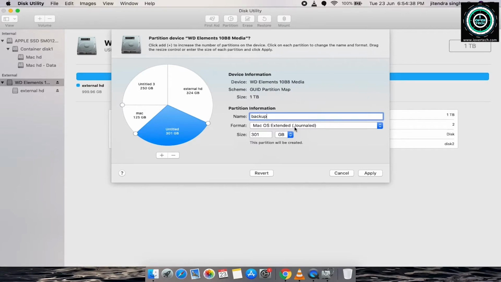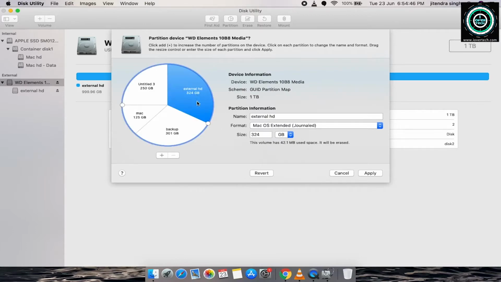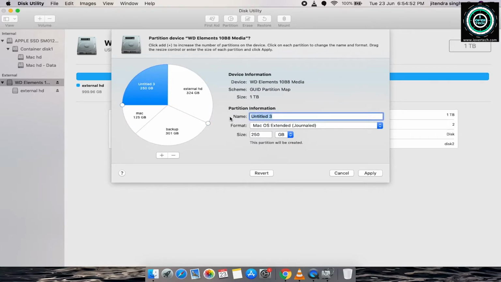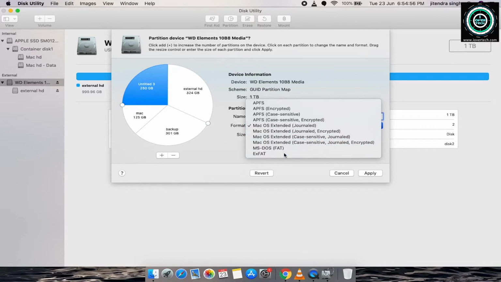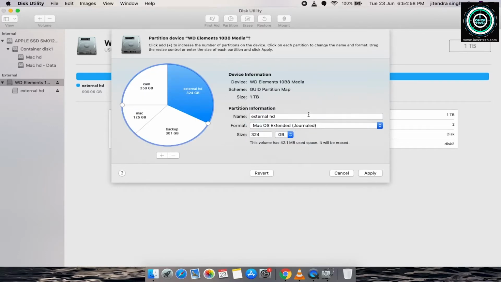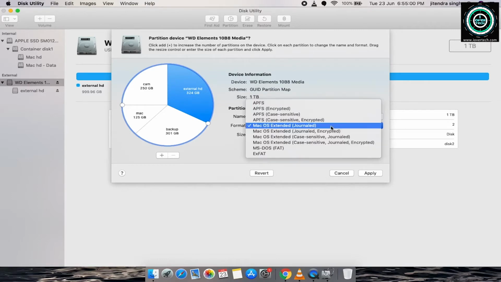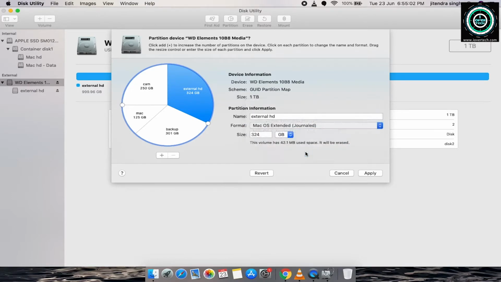And I'm going to use exFAT because I want to use this partition on both Mac and Windows. And I'm just going to change it to cam, where I can get my camera files, exFAT, and external HD. I'm going to use this as exFAT as well. Okay, now I'm going to just click on apply